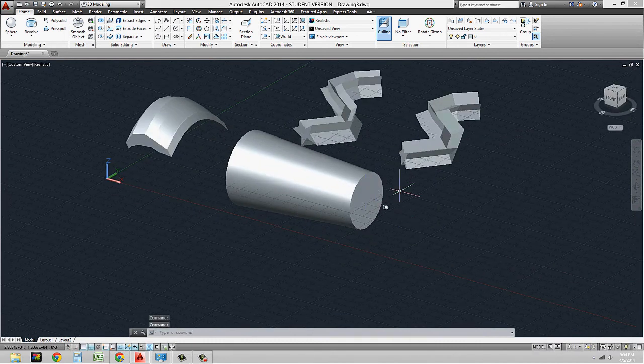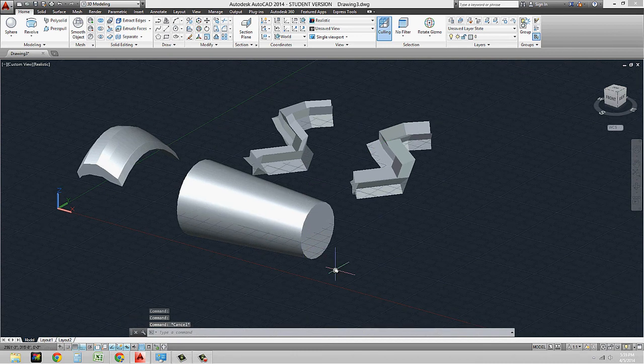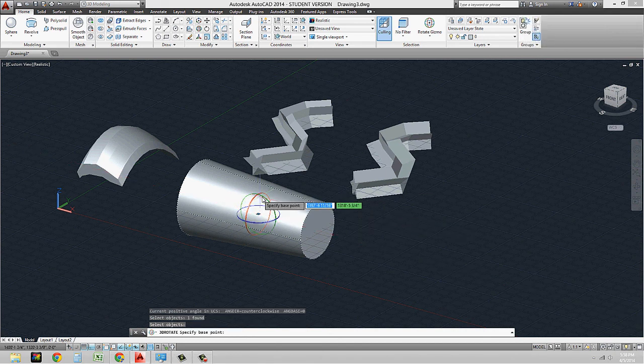its end. So what I can do is select it and use the rotate gizmo, or I can also use my 3D rotates, 3D moves, all of those tools. They do the same thing, but there are actually commands for them. So if I type in 3D rotate, you'll see that I can get the same tool only by using this command. So I'm going to select my object, hit enter, and you'll see that the same rotate tool comes up where